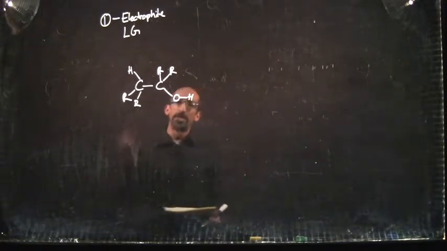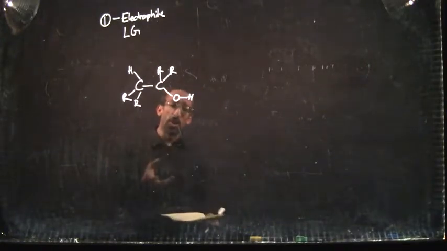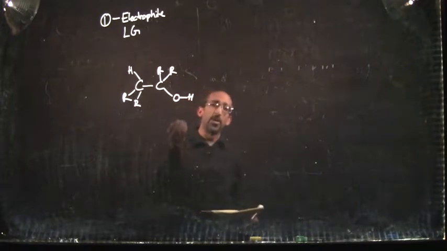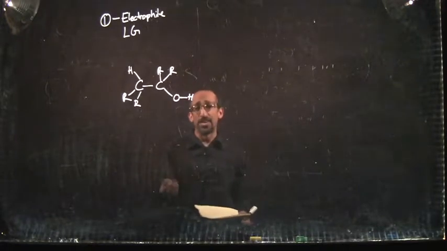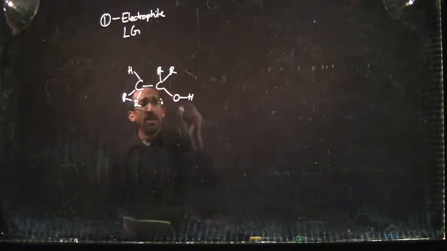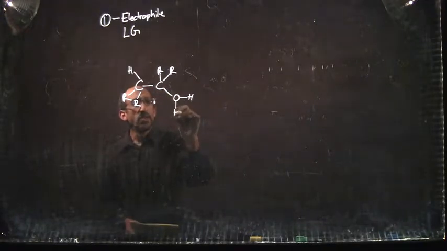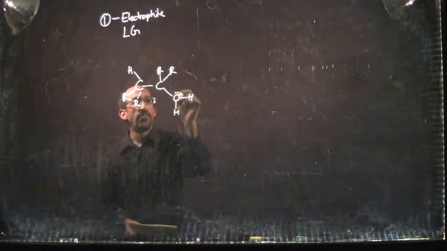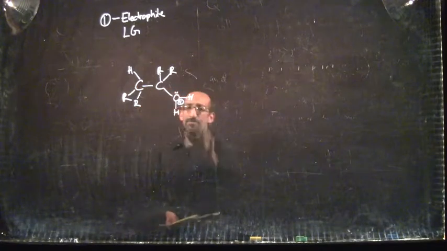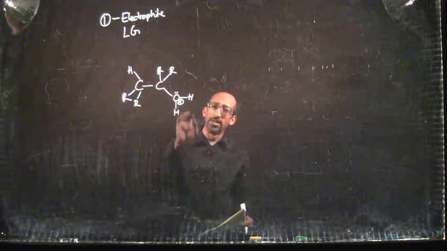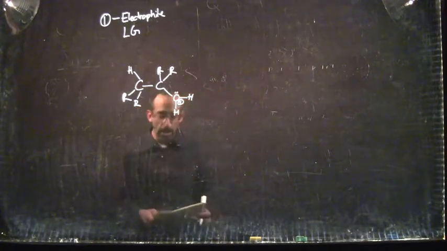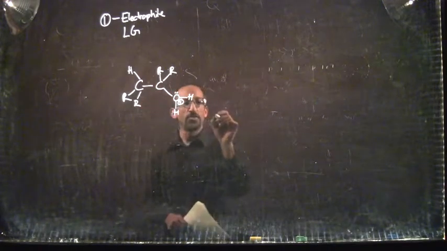And so we've seen before how we can form an oxonium, which will convert that OH minus bad leaving group into H2O, a good leaving group. So let's go ahead and do that. So if I bring this here now, I've formed now an oxonium. I've made my OH into a good leaving group by converting it into H2O. If I have a strong base,